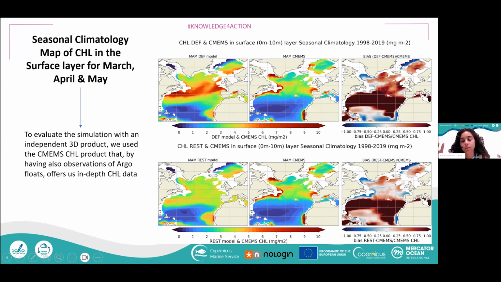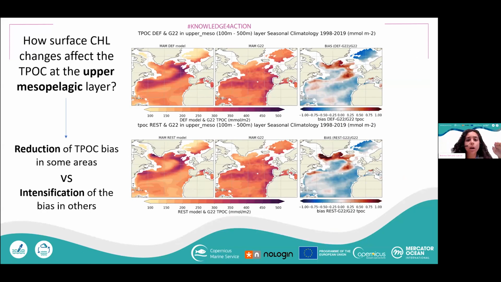To see what is happening in the upper mesopelagic layer after the change at the surface, we are comparing our two models, the default one and the restored one, using the total POC from the G22 method, the one I explained before. As we can see here, overall, the restoring is having a moderate effect on the total POC in the upper mesopelagic layer, because having a